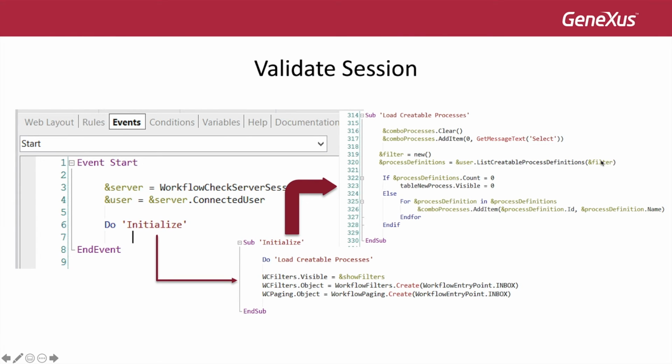We are going to filter this method. It has a filter parameter, but in this case we are leaving this filter empty. This variable filter is of the GXflow filter data type. After that, if the process definition list is not empty, we are going to iterate this list and load all the process definition IDs and names into the combo box. After we load the combo box, we are going to create two web components: first the workflow filter, which uses the workflow filter web component, and the workflow paging. After we finish the Start event,